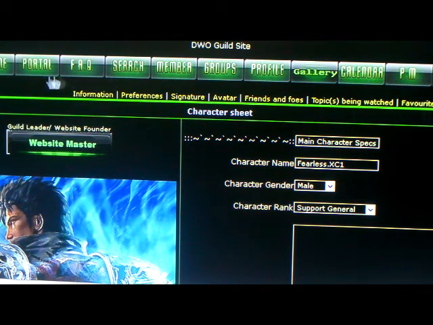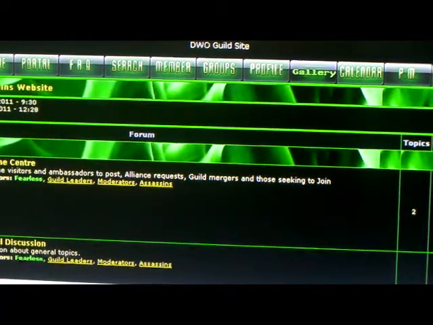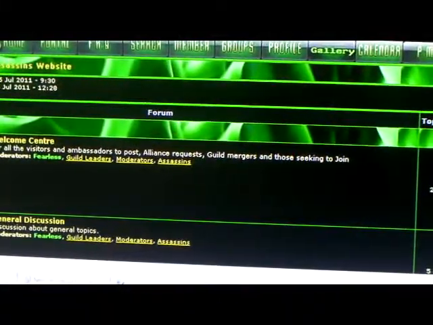Okay, so that's about it for your profile. The next part of this is I'm going to get into posting. So posting is pretty easy. Again, just click board to come back to the forum